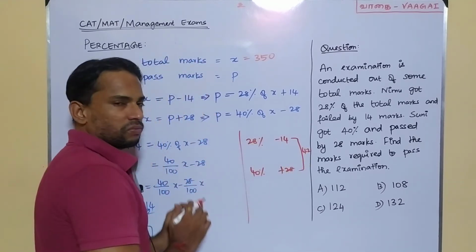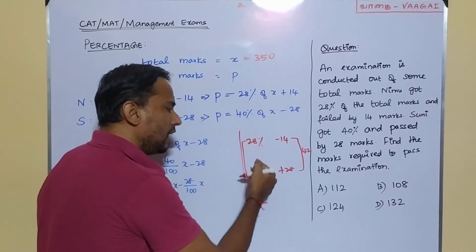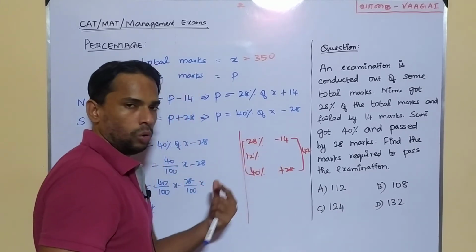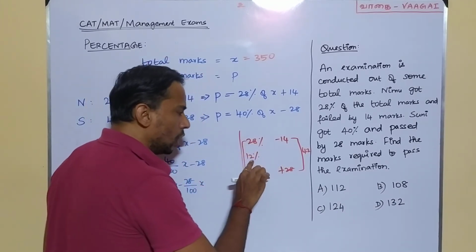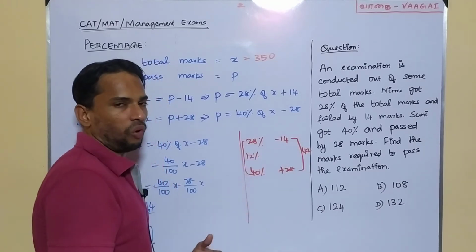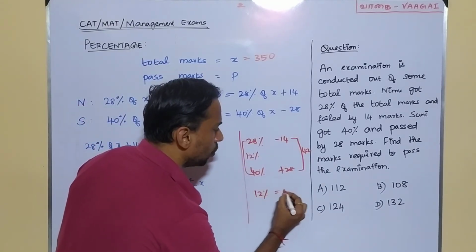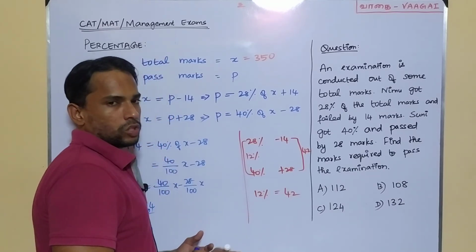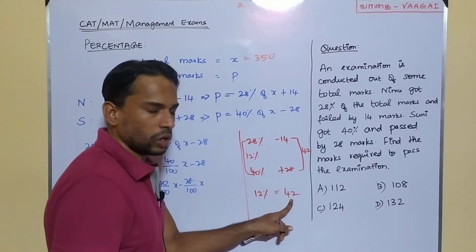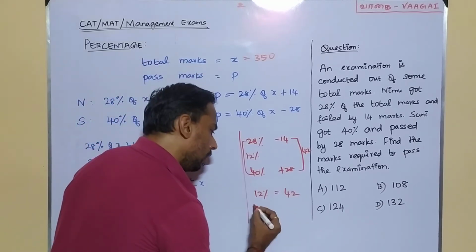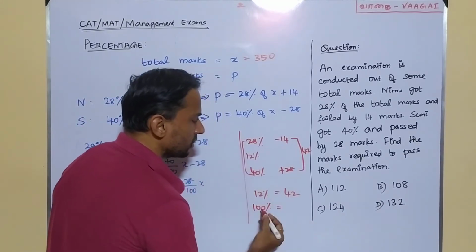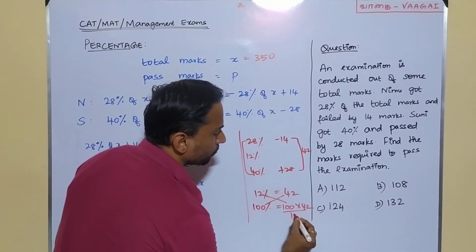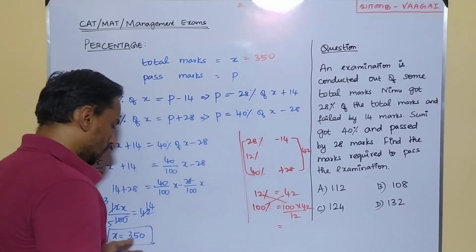And here, come to the left hand side, percentage wise 28% and 40%. So percentage wise, what is the gap? This gap is going to be 12%. So it's very simple to follow. I can easily say 12% of the total marks is 42. And what we need is the total marks. If I am going to solve for the total marks, if 12% is 42, then the total marks will be nothing but 100%. So 100% will be equal to, I can just cross multiply, right? So 100 into 42 by 12. So I should do the same calculation that I performed here.